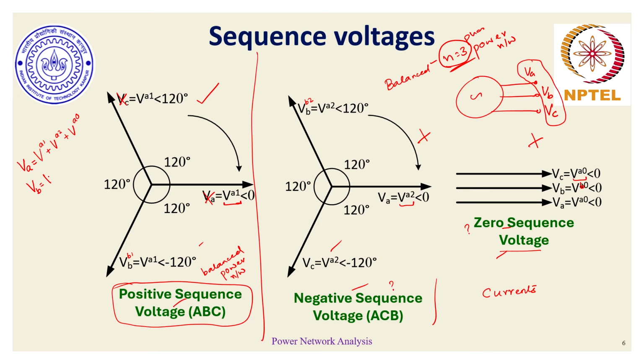So phase B voltage is VB1 plus VB2 plus VB0, and similarly phase C voltage would be VC1 plus VC2 plus VC0, where VC1 is the phasor defined over here, VC2 is the phasor defined over here, and here we have VC0. Now this is again as per Fortescue's theorem, and the beauty of this relationship is that